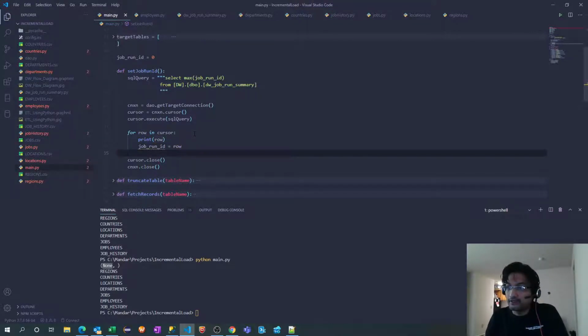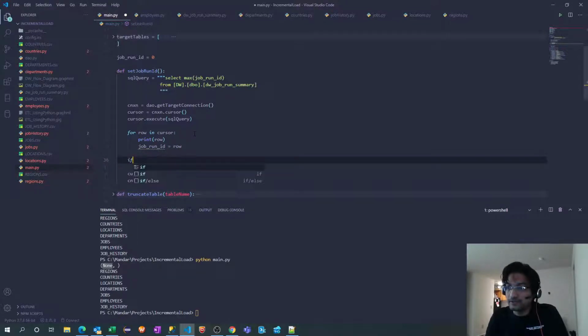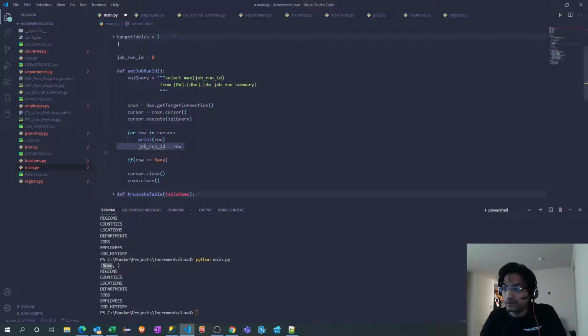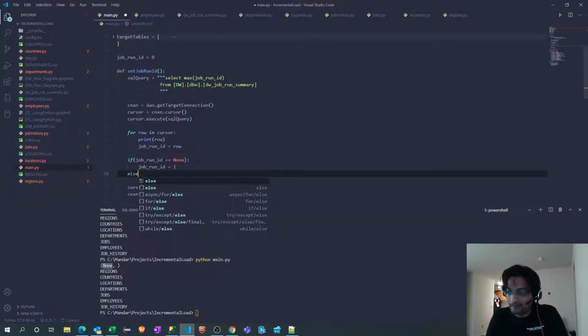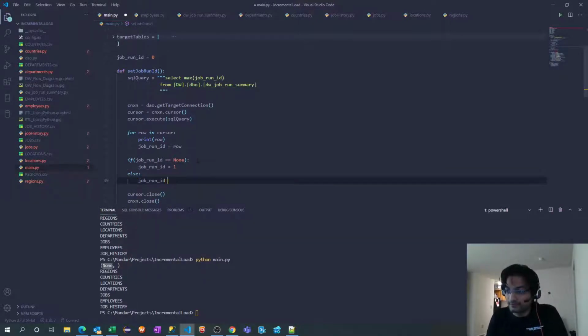And for the very first run, if job run ID equals None, then I should initialize that with 1. Else, I should increment it, plus equal to 1.